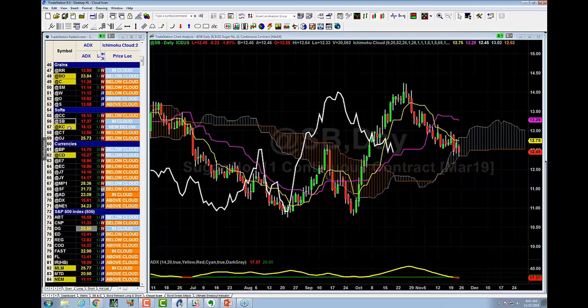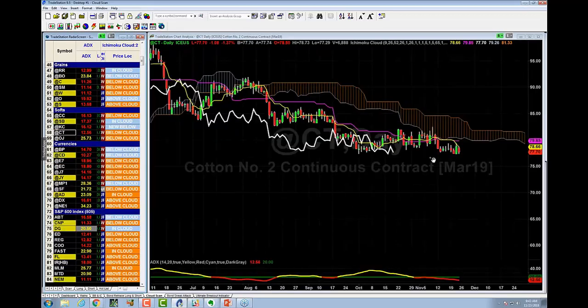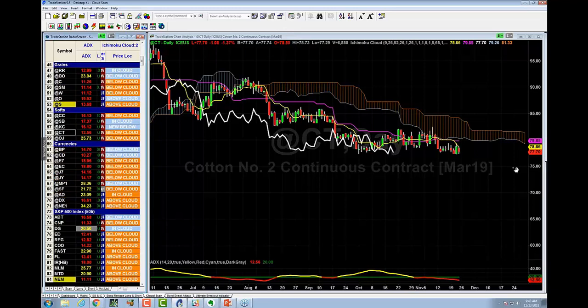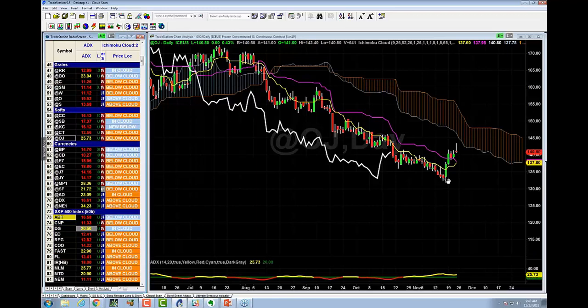What about coffee? Coffee is what is that? Look at that. It's just happening right now. That's right now. This is in real time. Coffee is a fresh short. It'll probably break down and go down to $100. All right. Cotton. What's cotton? It's a short that's going to grind lower to $75. What about OJ? OJ is going to, well, it's a short, but it's going to bounce either to the bottom of the cloud or the top of the cloud. So I'm going to leave that alone until it either fails here, here, or here.